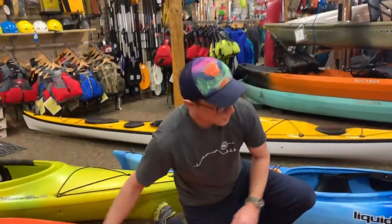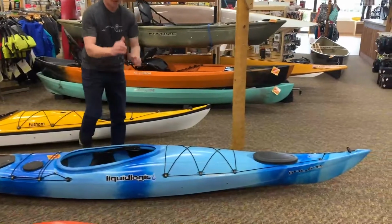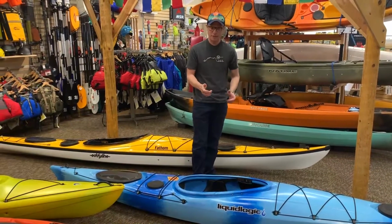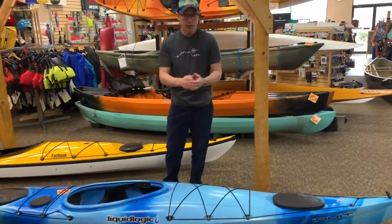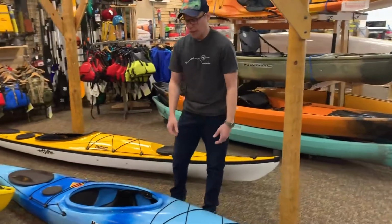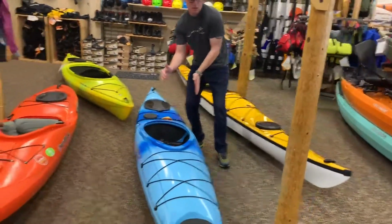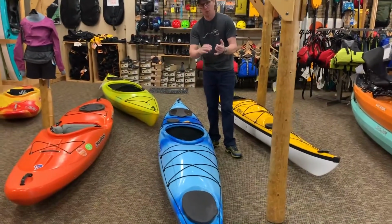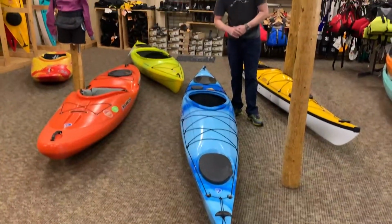Another hybrid boat is going to be the touring model. So touring boats are going to be our recreation kayak with our sea kayak. Once again, you know what happens at that point. Now we have a touring kayak that comes out, and a touring kayak is really that mix where we're going to have a little bit more of a length, a little bit slender as far as the main beam, the width of the boat, which is going to allow us to be on some bigger water. The length is going to allow us maybe to pack some more gear on it